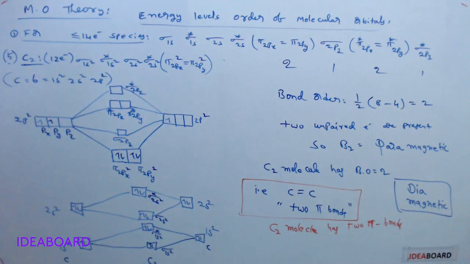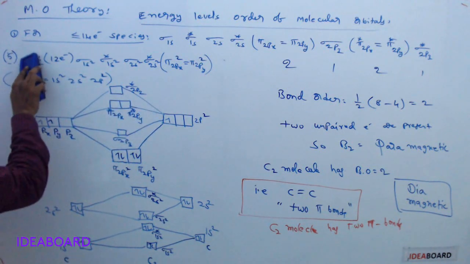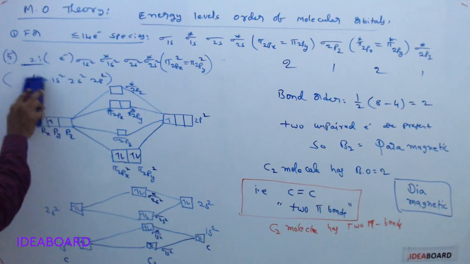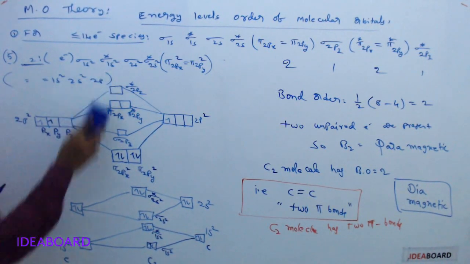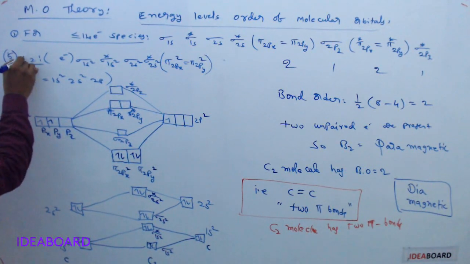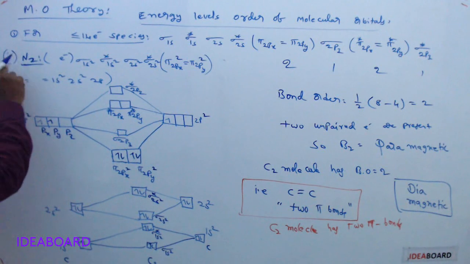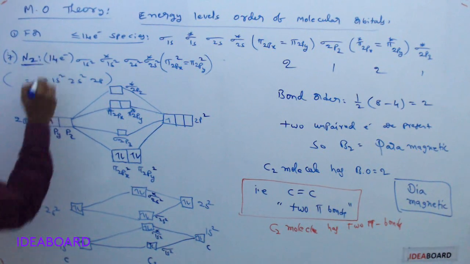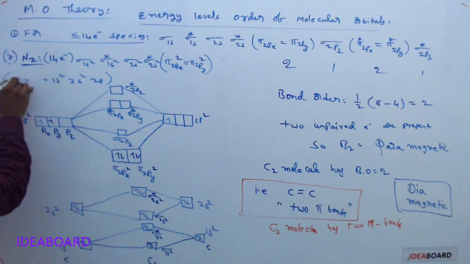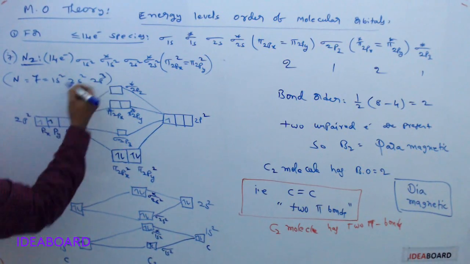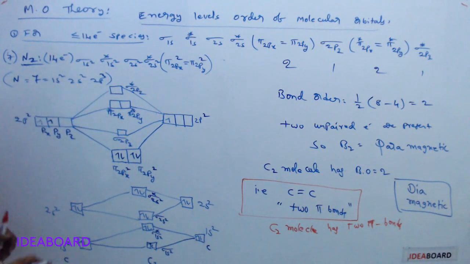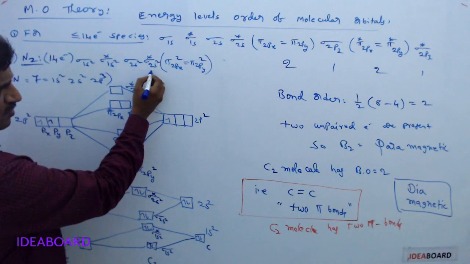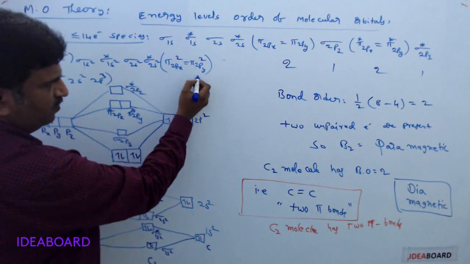Okay. Now I will change this into the nitrogen molecule. So here I am writing N2. Nitrogen molecule, I am writing the N2 molecule. So this is, I think, the seventh one. Here the nitrogen molecule contains 14 electrons, because nitrogen atomic number is 7. The configuration is 1s2, 2s2, 2p3. So the 14 electron configuration is sigma 1s2, sigma star 1s2, sigma 2s2, sigma star 2s2, pi 2px2, pi 2py2.